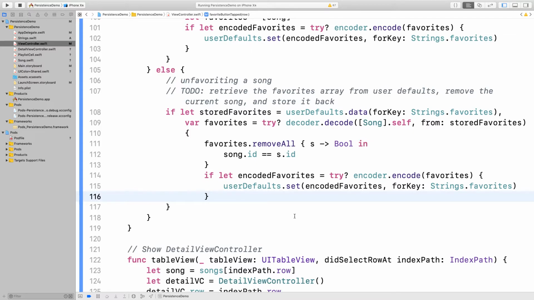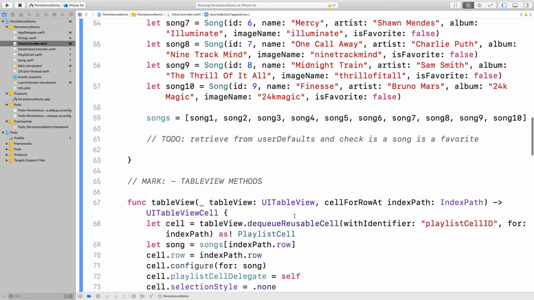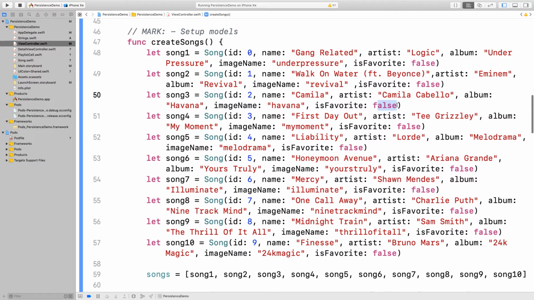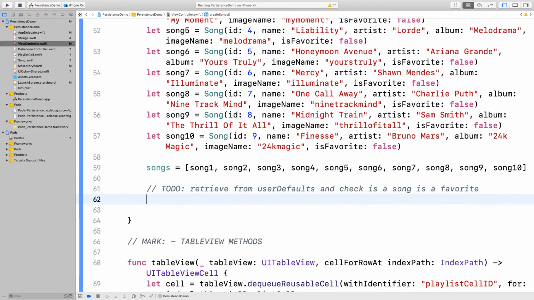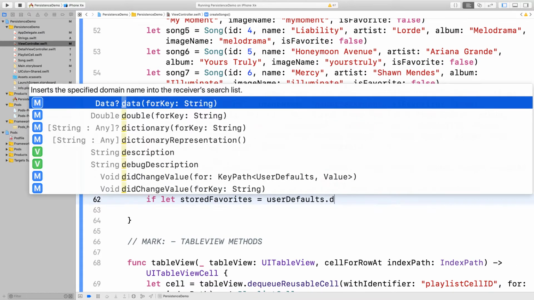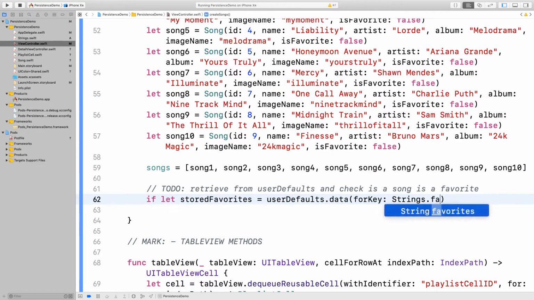So after that, we manipulated the data within user defaults, but we're actually not using it anywhere. So we're going to go up to create songs, where we're going to retrieve data from user defaults and update these songs to have isFavorite set to true if they're in the user defaults array. So for that, we will be using if let storedFavorites equals UserDefaults dot data for key Strings dot favorites,